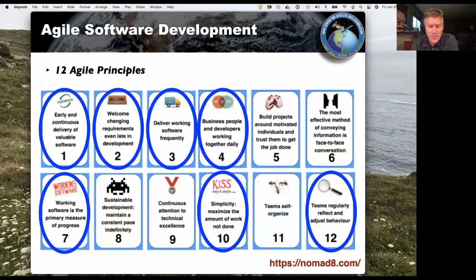And that type of approach has this KIS, keep it simple, stupid. I guess I can say that. This approach of constant dialogue between the users and developers helps to maximize the amount of work not done. We don't want to be developing things that nobody's going to use. That's a key principle of agile software development: you have talented team members who are eager to do something that's useful. And so we need input from the community, and we need you to tell us what's useful.